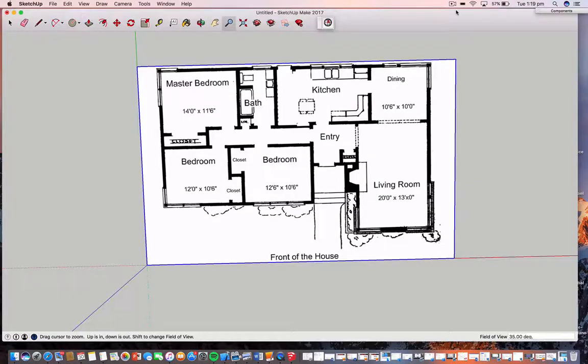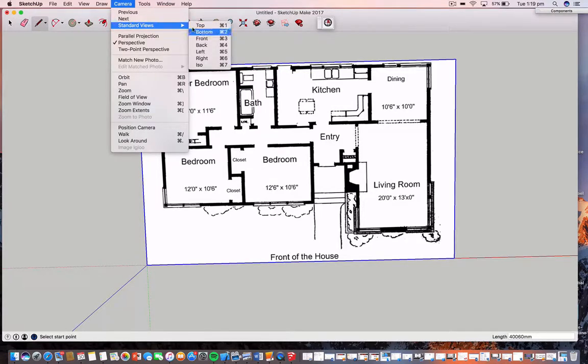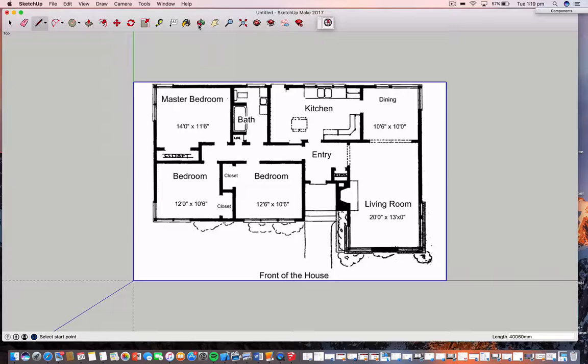Once you've added your plans, and here's just another one I've got, this is just a simple house plan, you then need to bring the walls up to make a 3D object. So if you just start drawing along the lines, you'll notice that the lines don't go straight, which isn't what you want. So what you want to do is go Camera, Standard View, go directly on top, and that will just orientate it. And depending on if you've scanned the image in, it means it's a lot easier to draw along the lines. So what you can do is drag down, draw along the lines,